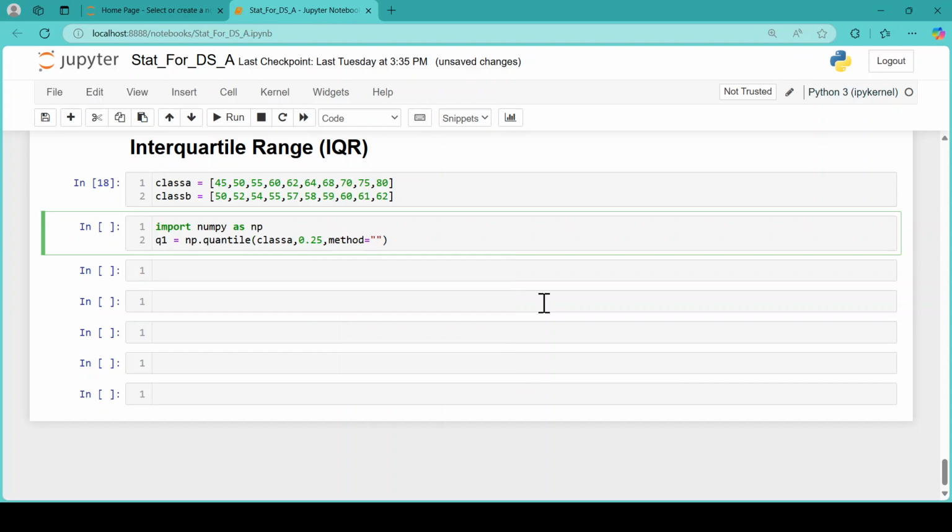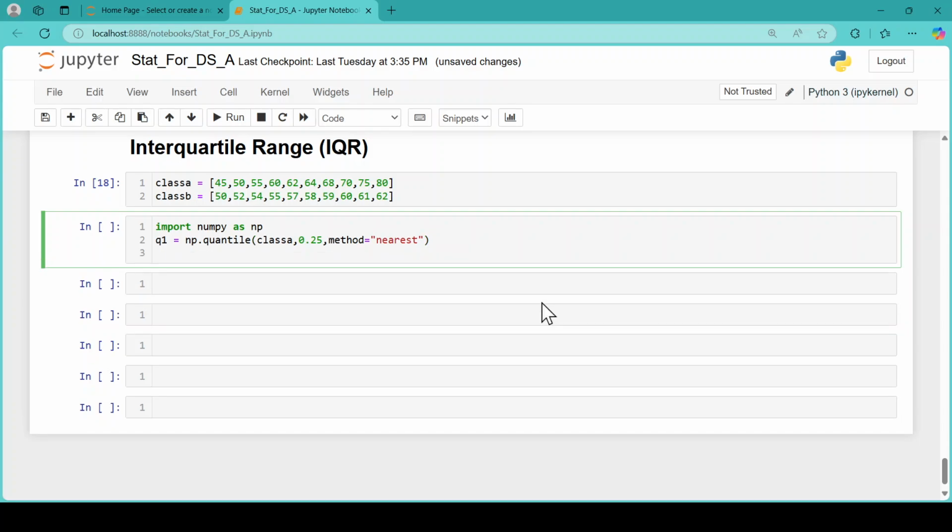Method is equal to nearest. By default, quantile uses the linear method. Q3: similarly, we can calculate the third quartile by changing this value to 75, the upper 25% data.